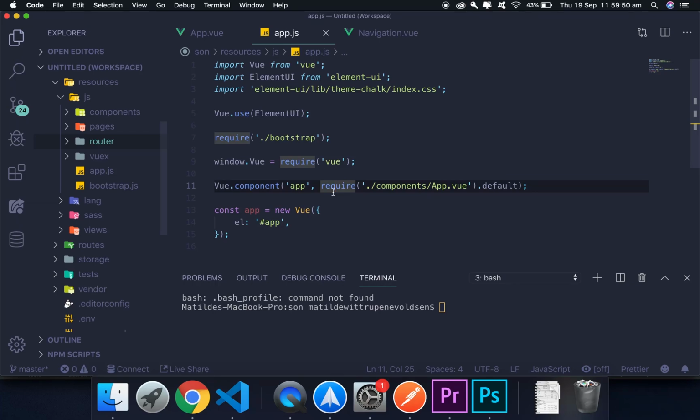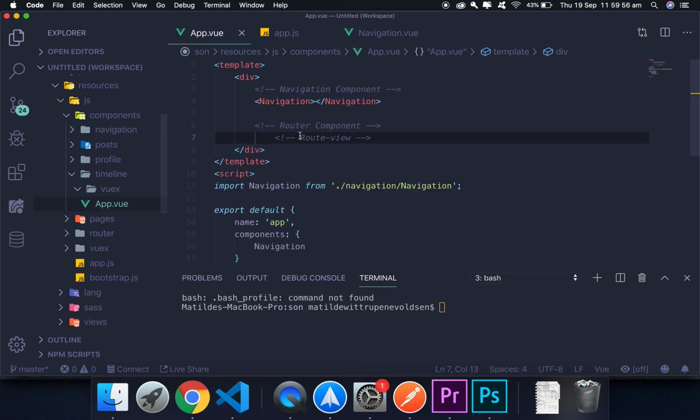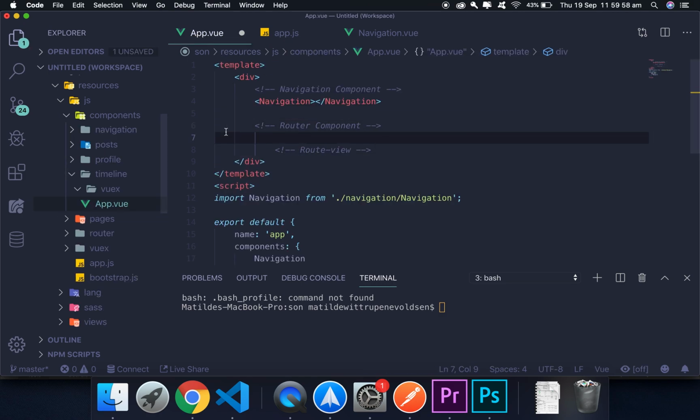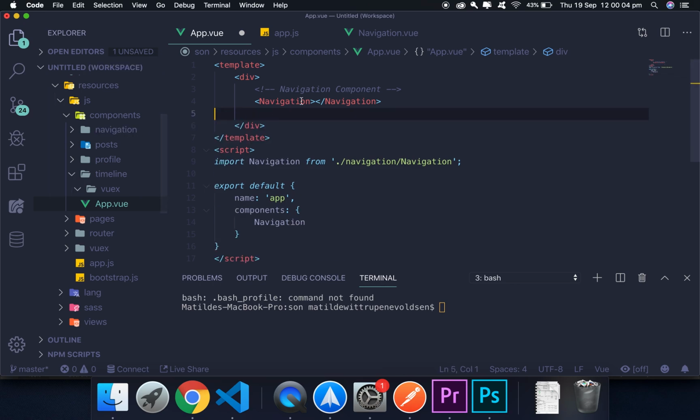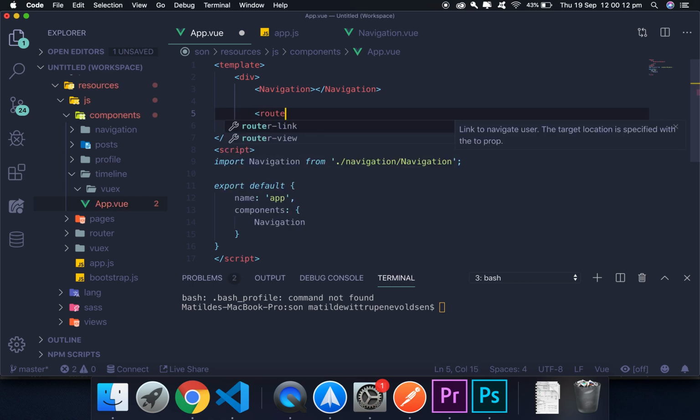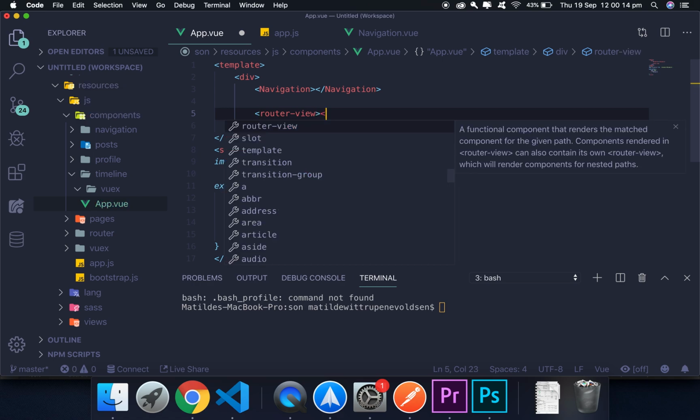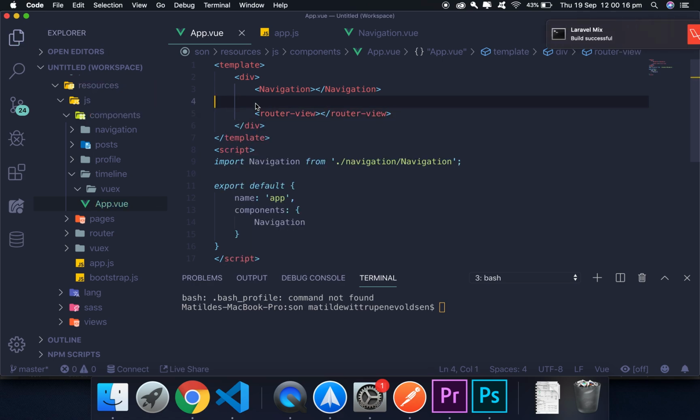Alright, so in this video we are gonna create the router. So first of all, one of the things we want to do is go in and put in the router view component. Since we don't really need the comments here because the components are pretty self-explanatory, we're just gonna add in the router view here, and in our case